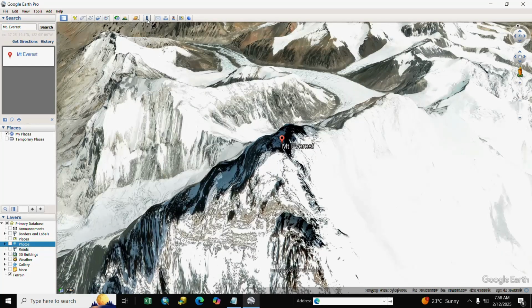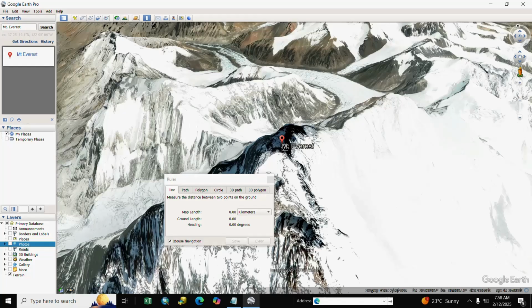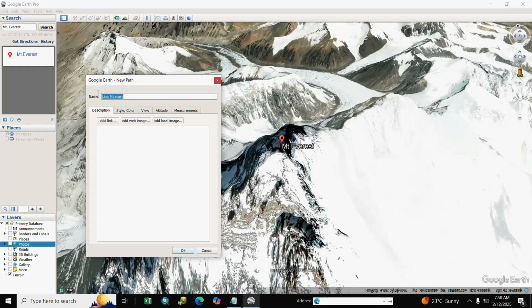We go to show ruler and select the first point and second point, and we go to save and write Mount Everest and OK.